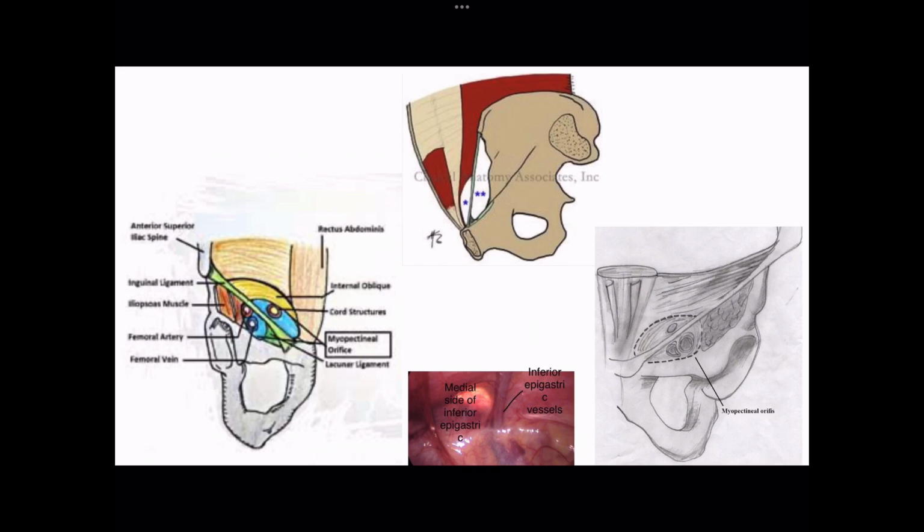It's very important to understand the anatomical configuration of the areas in order to have a better performance and results during surgery. The myopectineal